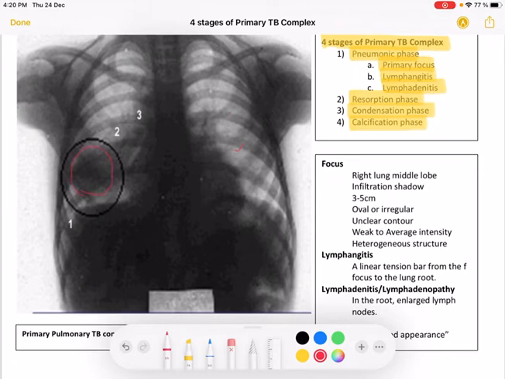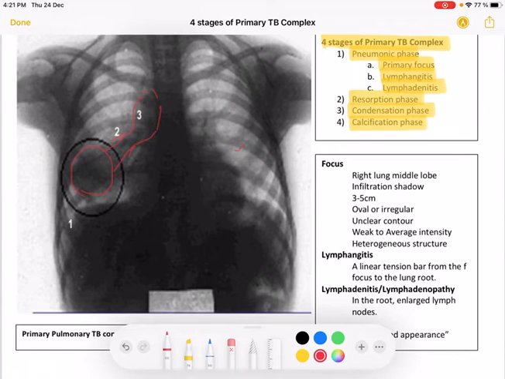Okay, so here we can see that there is a consolidation, or there is a focus in this particular area. And if we see, the focus spreads to the upper part toward the mediastinum, and there is involvement of this particular area. It is not so clear because it is in the early stage, and the intensity is not so high. That's why it is not so visible,